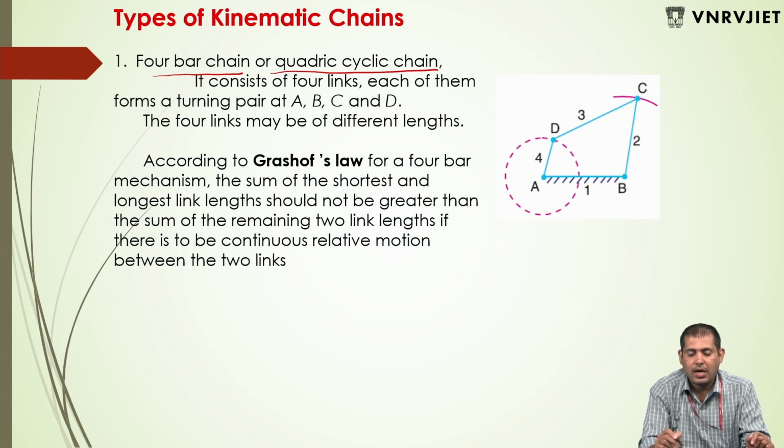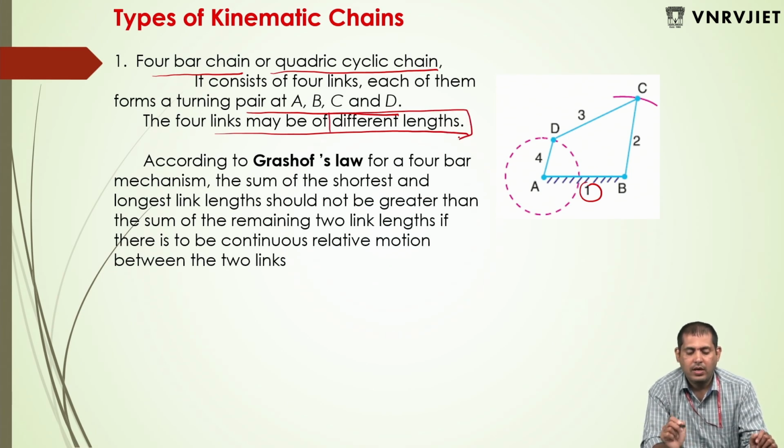Here it consists of 4 links, with binary joints, where one link is fixed. Link 1 is fixed. All four are turning pairs A, B, C, D. The 4 links may be of different lengths. Now why am I mentioning different lengths here? According to Grashof's law,